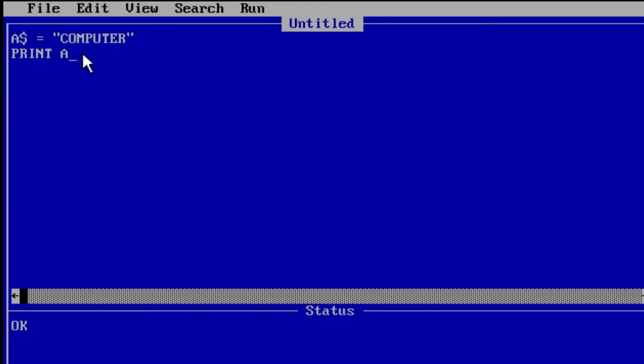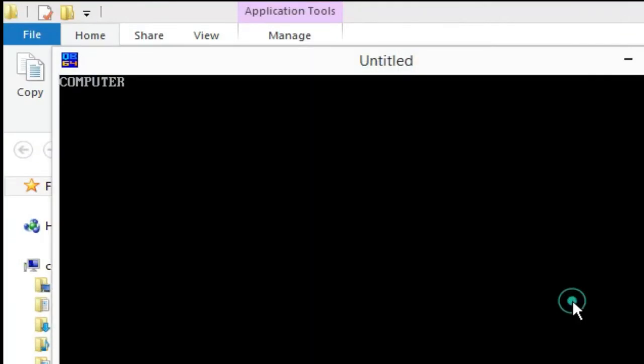So now again I have to use $ sign to print the variable, print the value of the variable a dollar. Okay, so now computer is stored in the variable a, and we are mentioning $ sign as a is here storing the string value. And also in the print statement we are using a dollar. Now click on the run and click on the start. So it is creating the .exe file, and on our output screen we will get the output, that is computer.